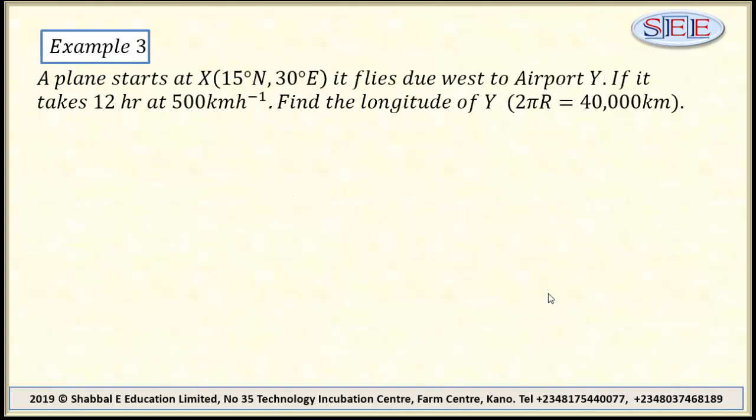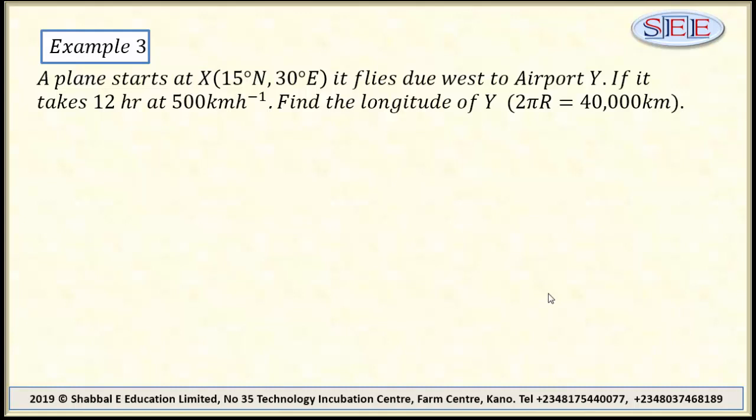Another example, it says a plane started at airport X. The location of the airport X is latitude 15 degrees north and longitude 30 degrees east. And that plane flies due west to another airport Y. If it takes 12 hours at a speed of 500 km per hour, the question asked here is to find